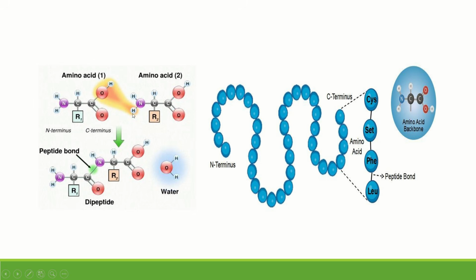So, that it is a dehydration reaction or condensation reaction, and with that it is going to form a peptide. So, here when two amino acids are binding here, this is becoming a dipeptide and through a peptide bond,